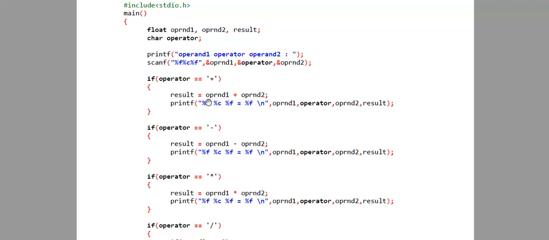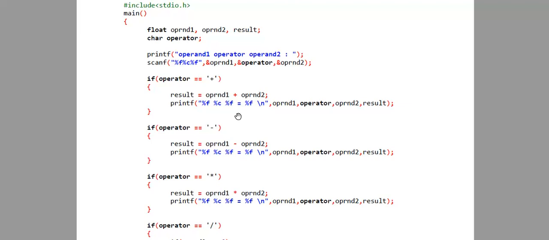The first %f is operand 1, 5, %c is the operator, plus, the next %f is operand 2, and the last %f is the result. So 5 plus 2 is equal to 7. That is how the output will be displayed.